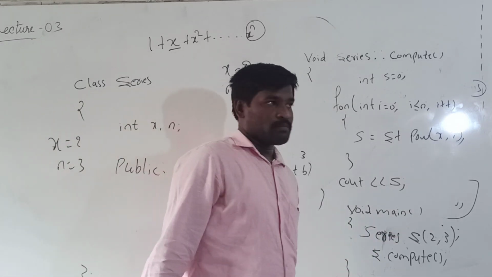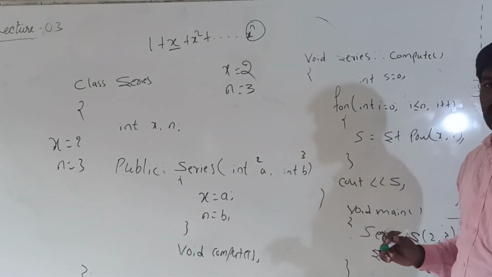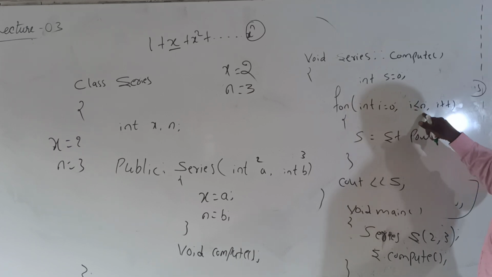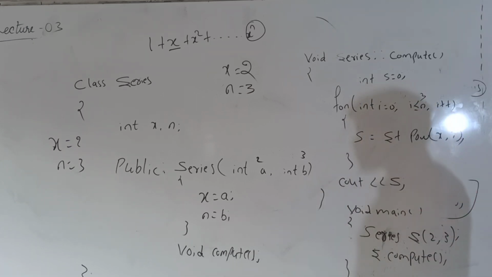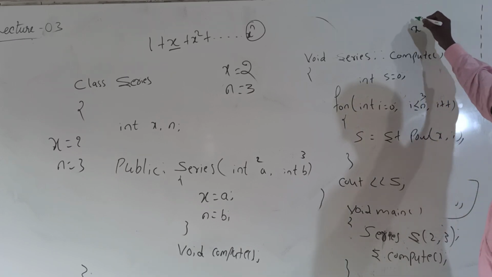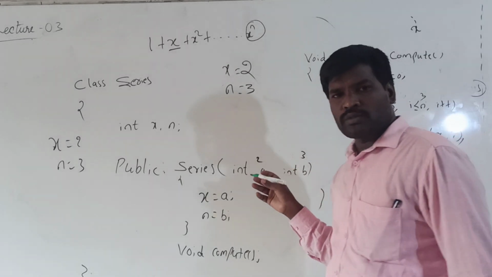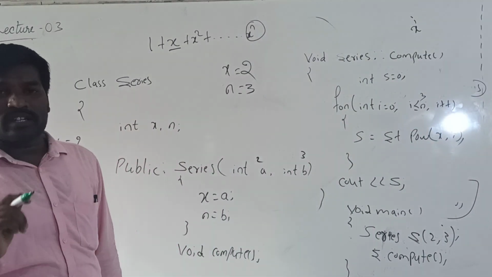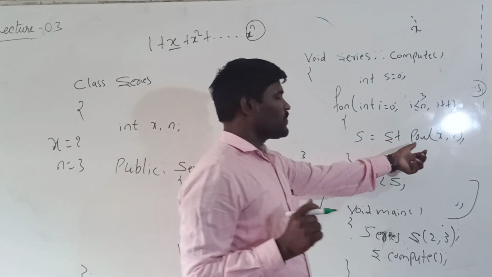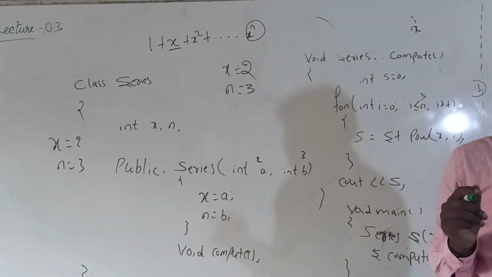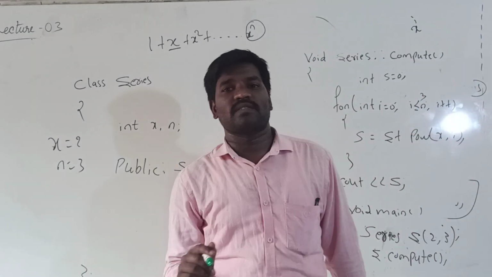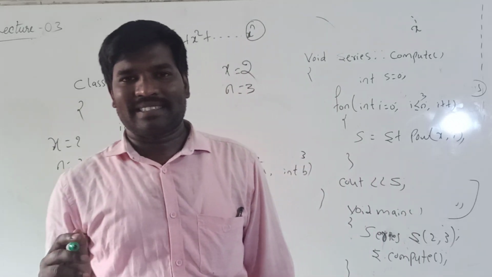So s.compute means it will call the compute function. So I can initialize s is equal to 0. Here 0 is less than or equal to 3, condition is true. Here pow(x, i) means it is x raised to i. So if you want to solve this example, compulsory we include #include <math.h>, because pow is a function of mathematics. So if you want to perform the powers of any numbers, compulsory we include #include <math.h>.